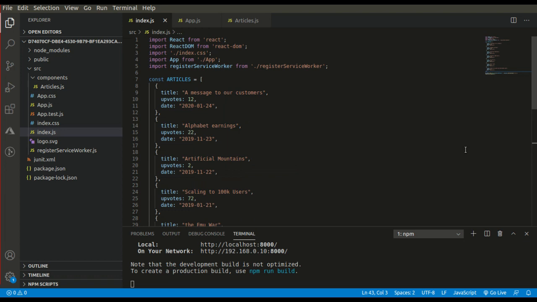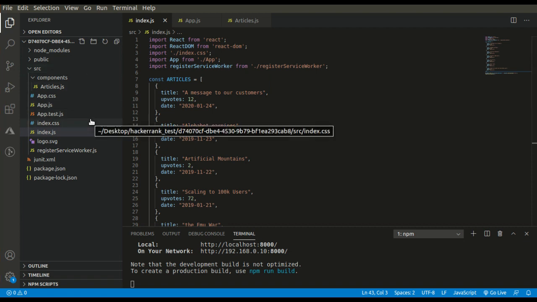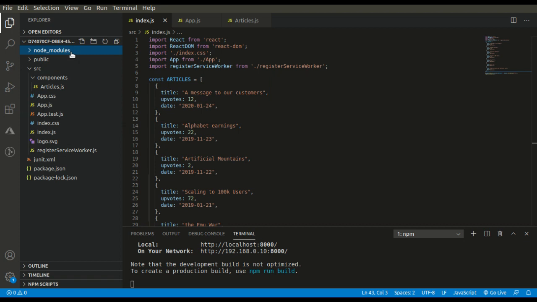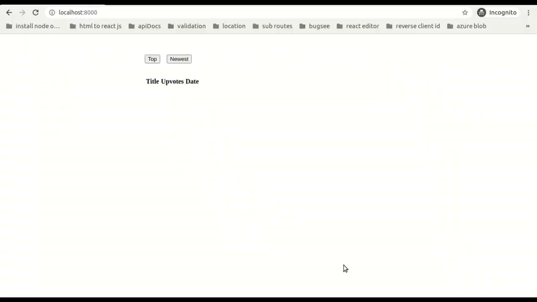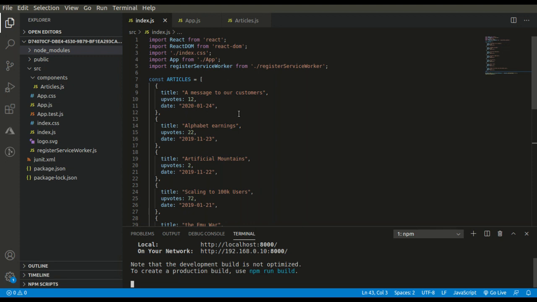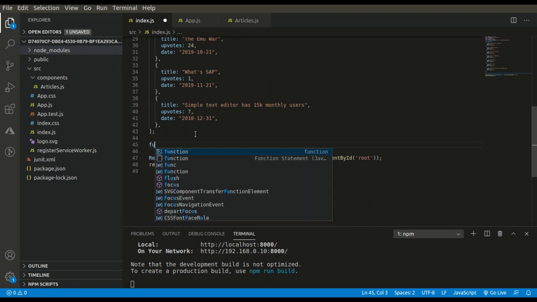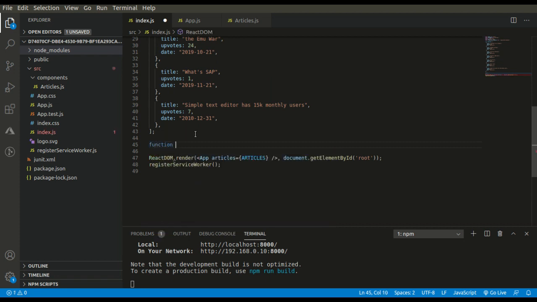As discussed in the previous video, HackerRank provides us a URL that we can clone. Once we clone that URL, we get this basic setup that we get after we run the create react app command. What we have to do is run the npm install command to get the node modules, and then run npm start to get our code running. Initially the code looks like this, simple two buttons with a heading. I will first code the function to sort my array by date.